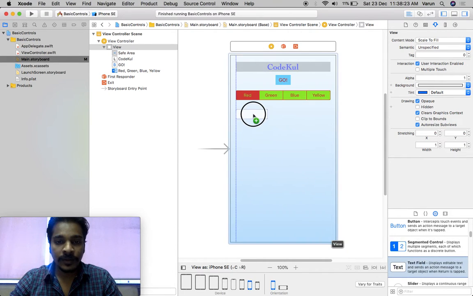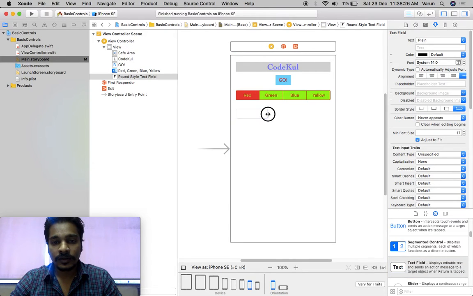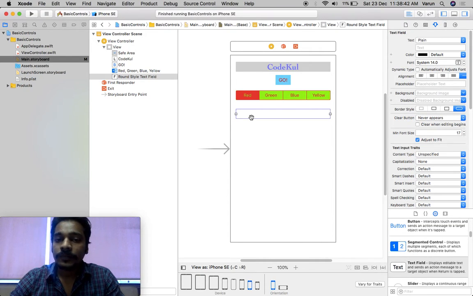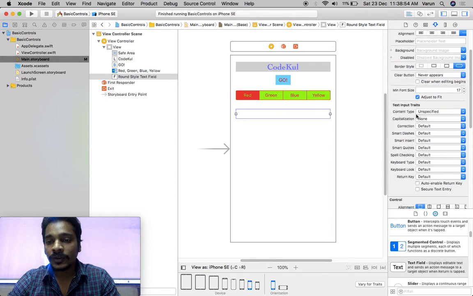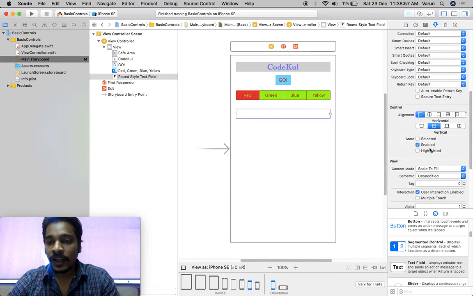What is the use of a text field? A text field is used to get input from the user, which is in textual format. Got it? Username, password. Yes, username, password, you can get it. Okay, any single line text. So this text field is having some properties. The main properties are placeholder text. You can add default text over here, right? You can change the background, right? You can change the alignment of text,